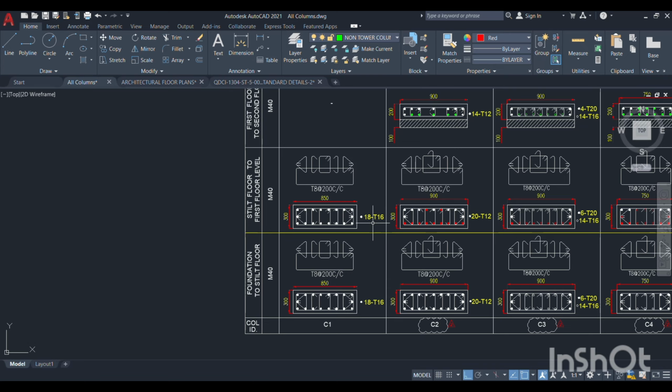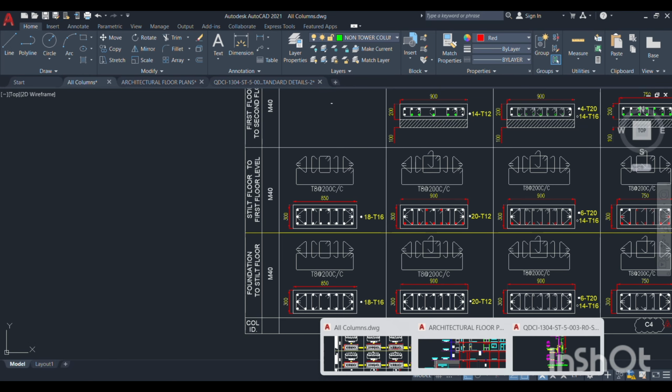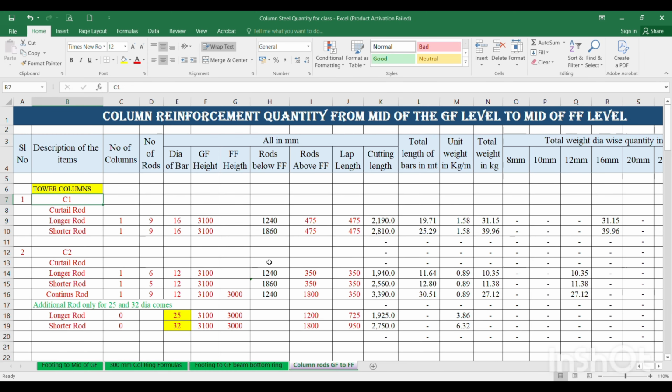Total 18 number of 16 rod is there. In that 18 number of 16 rod, we have to take 9 rods. This is the curtail rod, because these rods are stopping it over here. That's why we are taking 9 rods longer rod and 9 rods shorter rod, and number of column is